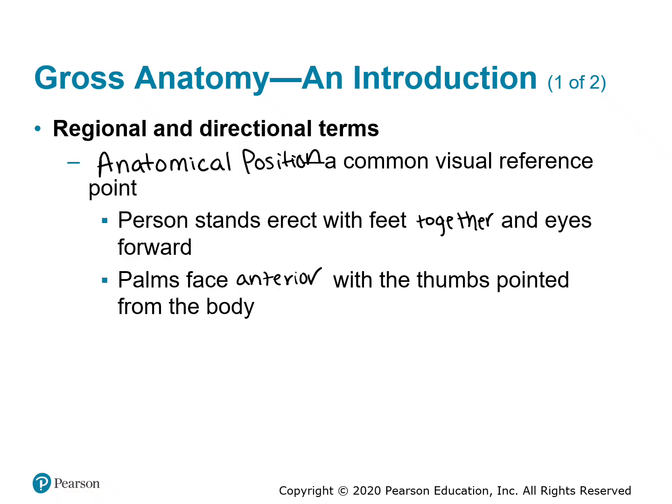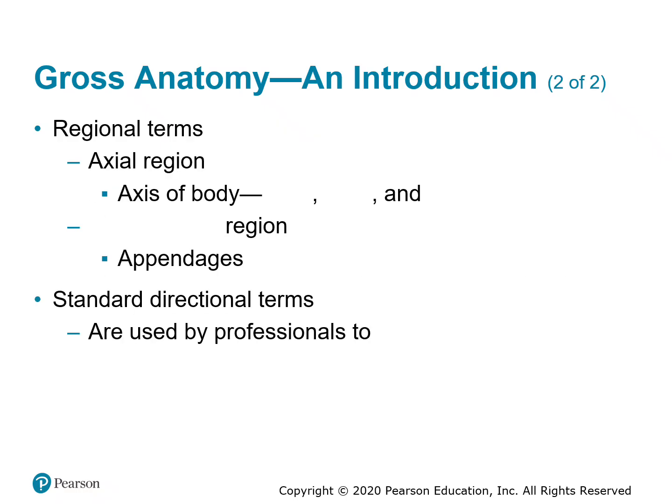Okay. Some regional terms that we talk about. The axial region, that's pretty much your head, your neck, and your trunk. So that's anything that is directly attached together in your body, head, neck, trunk, all of that stuff. And then the appendicular region is your appendages, your arms, legs, anything that can get cut off. I mean, technically you could cut off anything, but